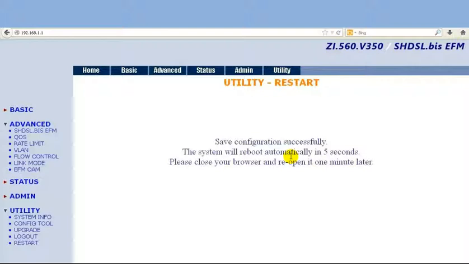Let the AFM NTUs get rebooted, then only will they get synchronized. It will take a little time because it is getting rebooted.